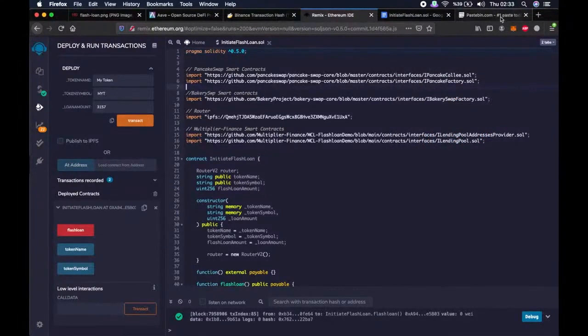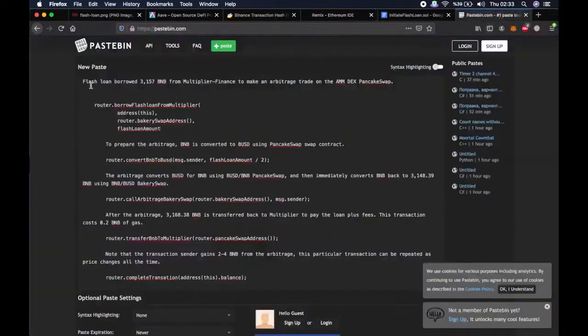And if you want, let's briefly examine what the script did. So I explained it here. Flashloan borrowed 3,157 BNB from Multiplier Finance to make an arbitrage trade on the AMM DEX PancakeSwap with this function. Then to prepare the arbitrage, BNB is converted to BUSD using PancakeSwap swap contract. With this function, then the arbitrage converts BUSD for BNB using BUSD/BNB PancakeSwap,